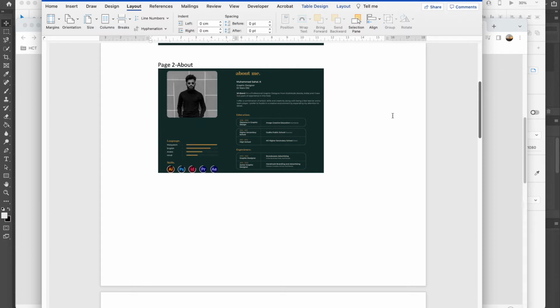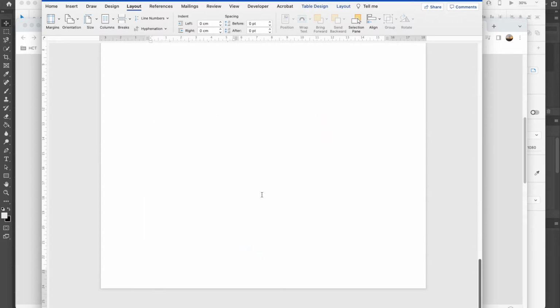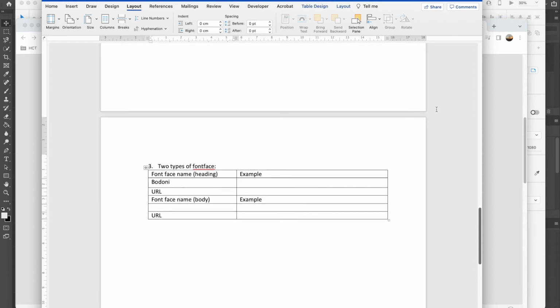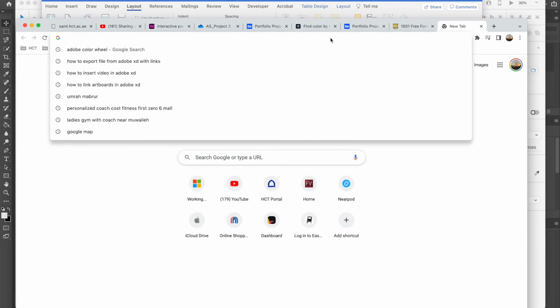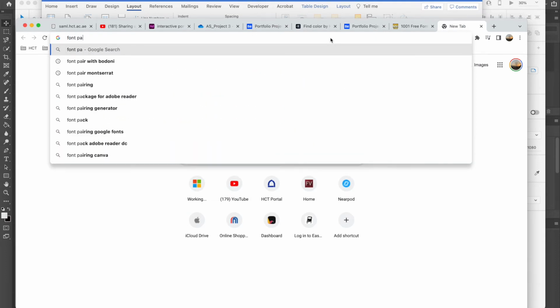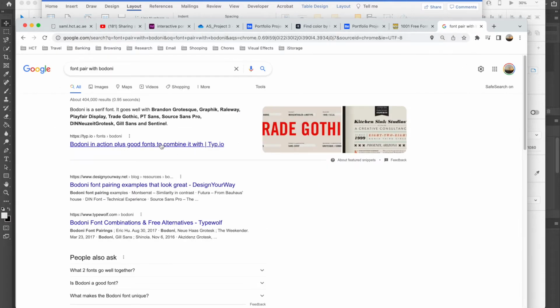Okay, so if I choose the first font Bordeaux, and I type randomly in the internet "font pair with Bordeaux", because here I want to see what fonts go well with the Bordeaux. So let's say I want to use my Bordeaux font with Brandon Grotiski. Okay, so I can copy this one,